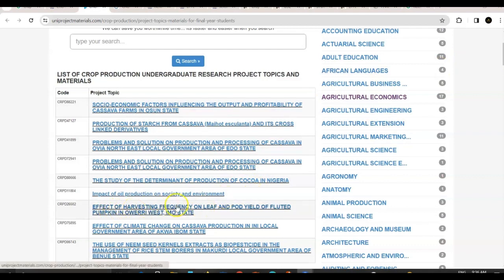Look at this one: effect of harvesting frequency on leaf and pod yield of fluted pumpkin. You can do it wherever you are. You don't have to put the location. You have to check if you plant your pumpkin, how long will it take to grow, or will you be able to carry out your research on fluted pumpkin. So make sure you do the right thing. Then the problem and solution of production and processing of cassava. If you can plant cassava where you are, it's fine. You just have to change